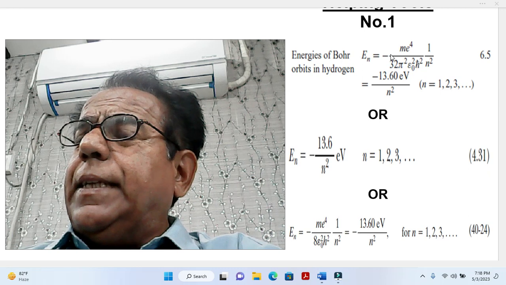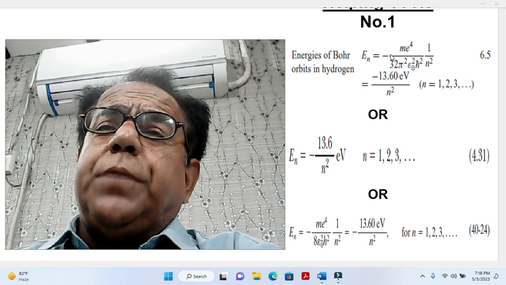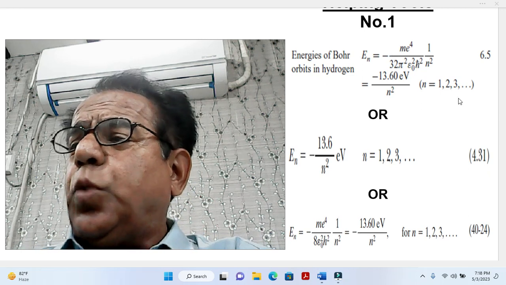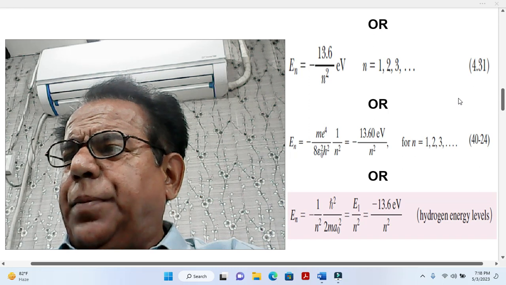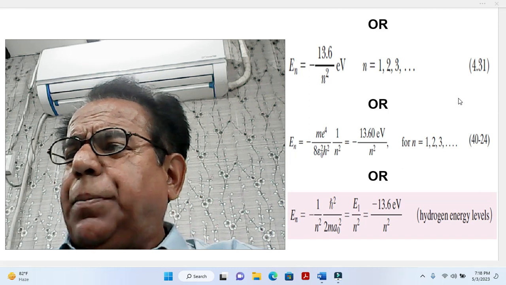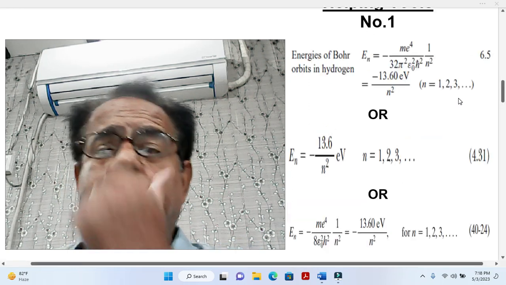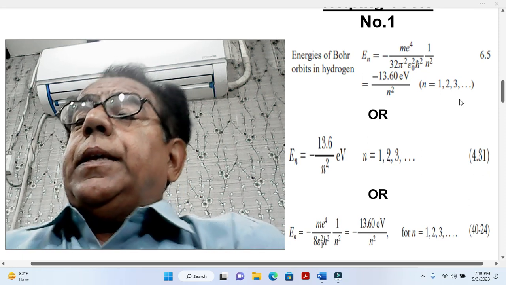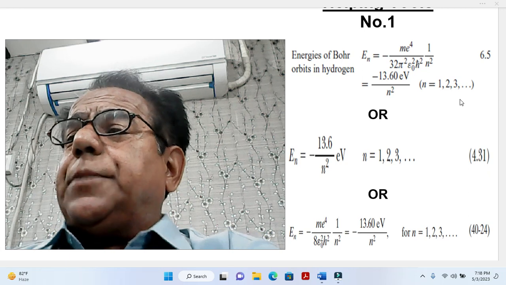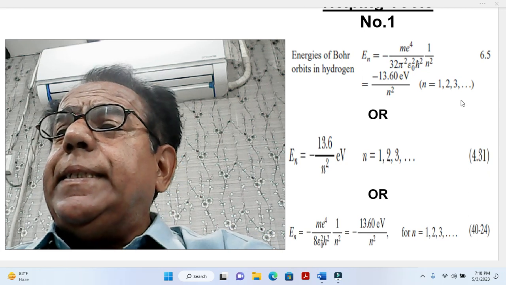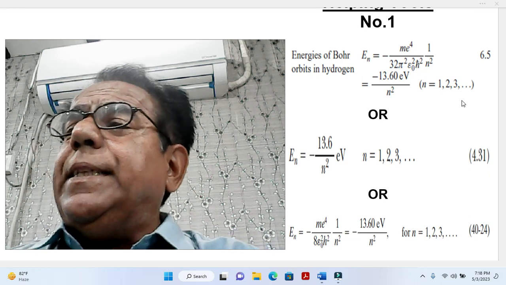Our first version has been chosen from the book which we are following, that is Modern Physics by Kenneth S. Crane. About the remaining snapshots I am not clear for the time being. Anyhow, version 1 of our helping tool says that the energies of Bohr orbits in hydrogen, En, is equal to